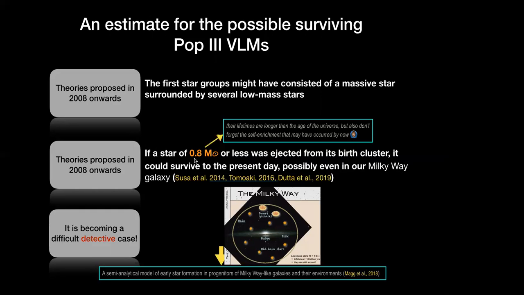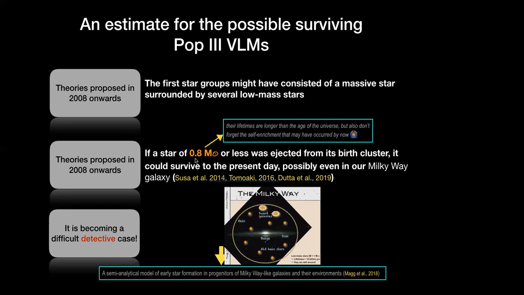We know that when the disk is there, the disk can fragment. And there is one more aspect that perhaps I missed, and that is the ejection of the protostar from the parent cloud or from the disk structure. If it is ejected from the parent structure, it is going to stop accreting. And if it's a star with 0.8 solar masses and it is simply ejected from the parent cloud or from the disk, it will no longer accrete. So it can survive quite long.